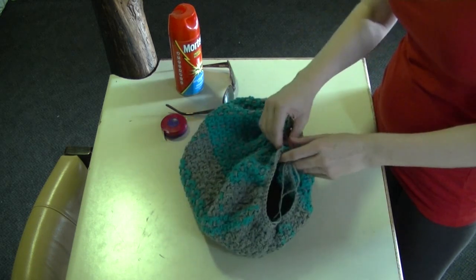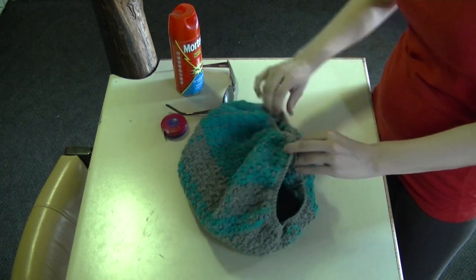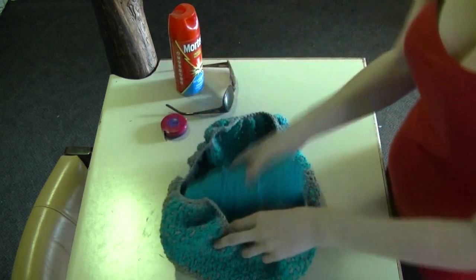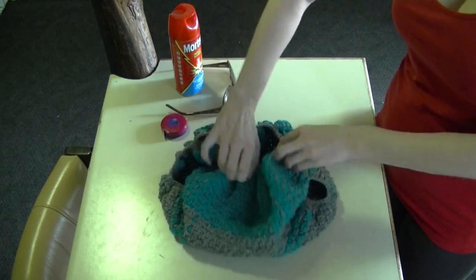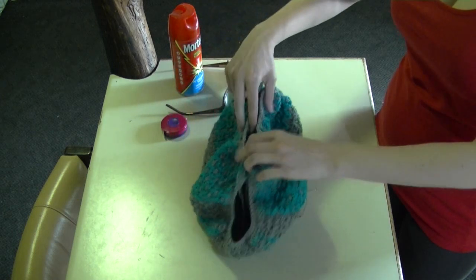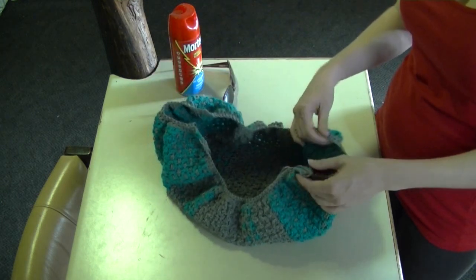You've got an opening there. You could sew up the side there if you didn't want it so large. So that's that kind of look. Or you could, so it's supposed to go that way. Well, it doesn't have to, you can go whichever way you like. Or you could make it so it goes the other way, so your short sides are on the end,